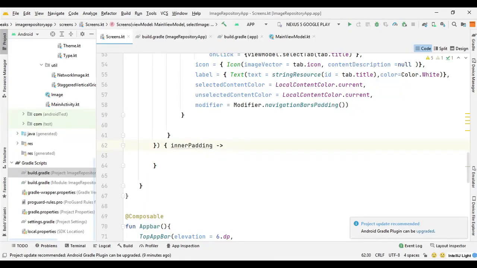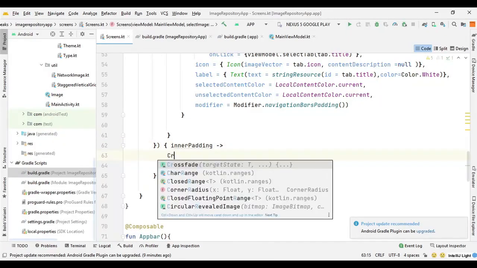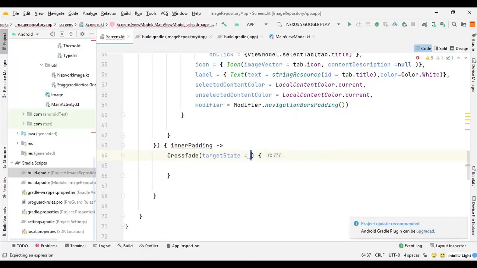Crossfade allows to switch between two layouts with a crossfade animation, so we can say Crossfade, and it requires a target state, so we can say selectedTab, and then we need to provide the destinations so we can switch between them.